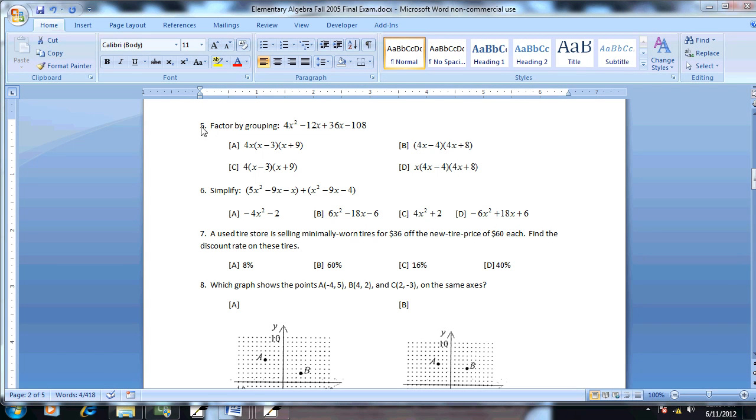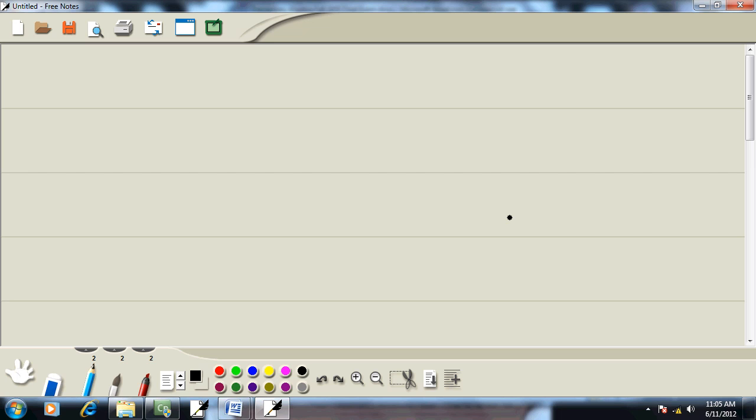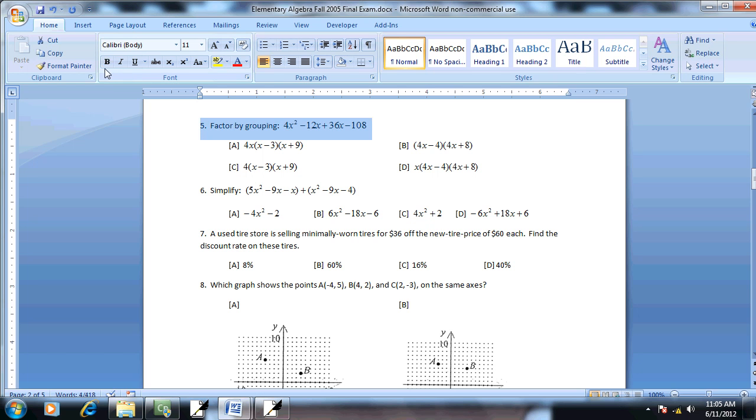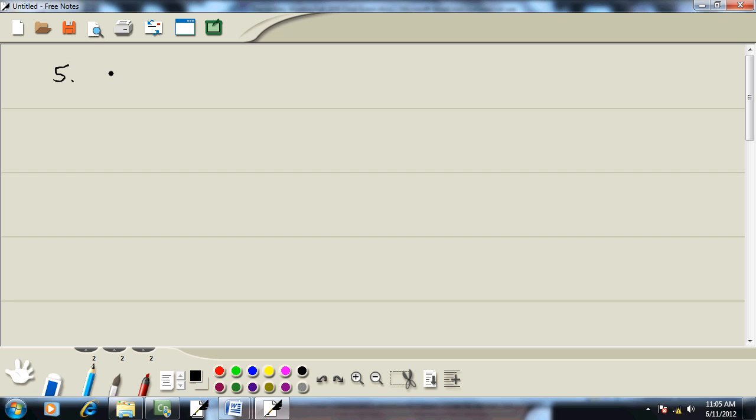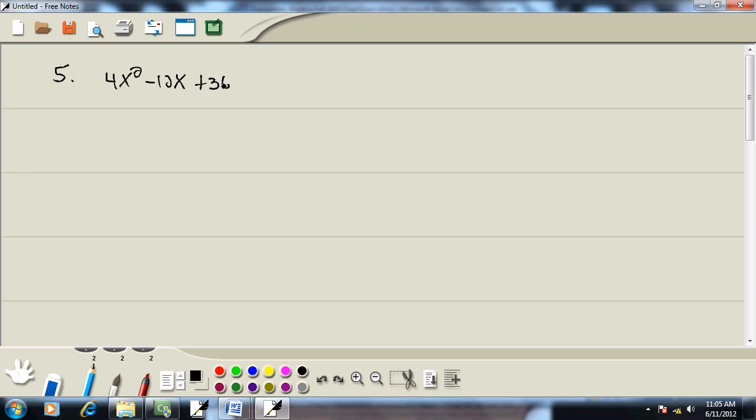Okay, let's look at our fifth problem here, factor by grouping. It's a little bit misleading, but we'll go with it. So we got 4x squared minus 12x plus 36x minus 108. The reason why I said it's a little bit misleading is it says factor by grouping, but actually